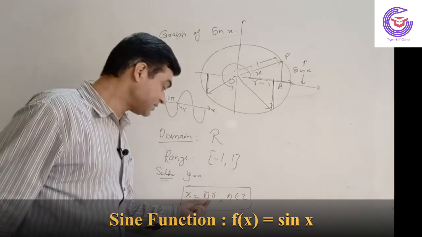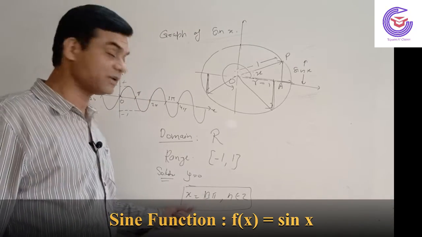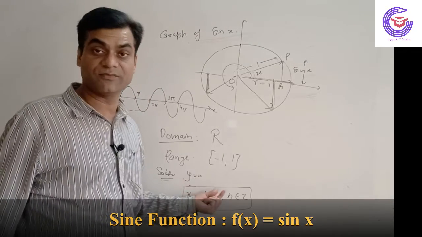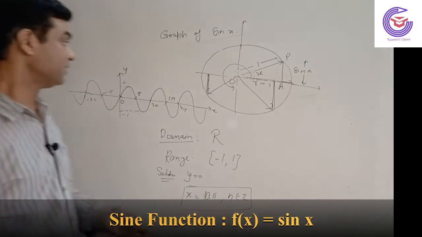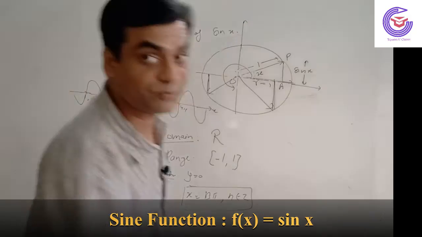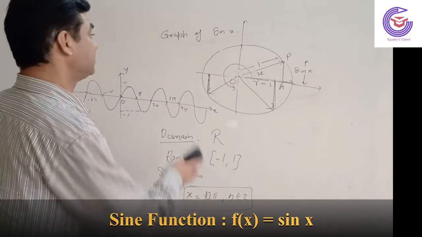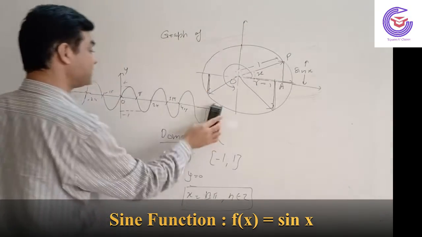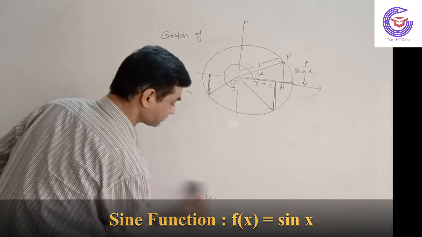So x equal to n pi is the solution set for that, where the value of y becomes 0. So this is about the sine function. Let's move to the next function, that is the cos function. In the case of the cos function, in a similar manner,